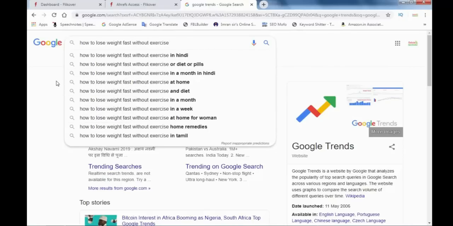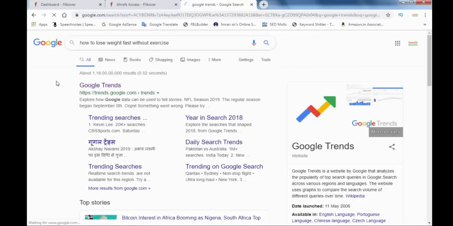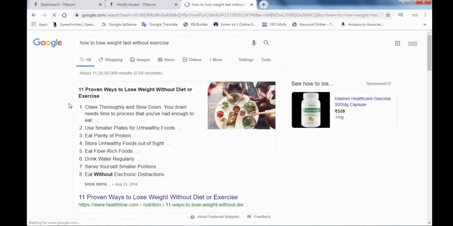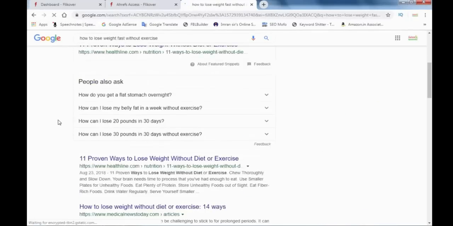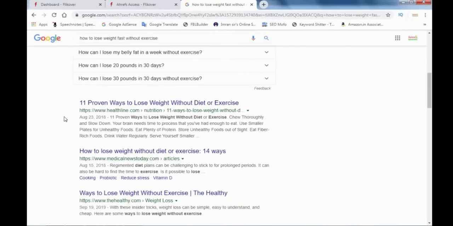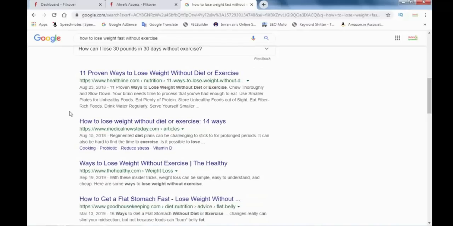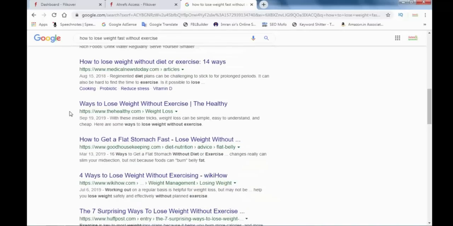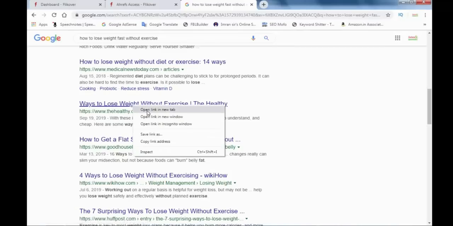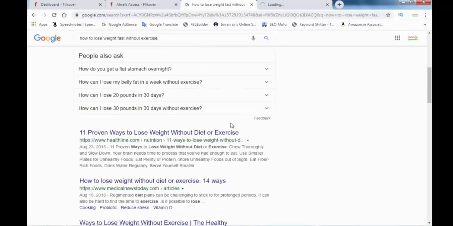How to lose weight fast without exercise. Now I enter, and I will show you which website is ready for the black hat technique to get paid traffic and clicks. For example, this website, thehealthy.com. I think this website has many articles ranked on Google.